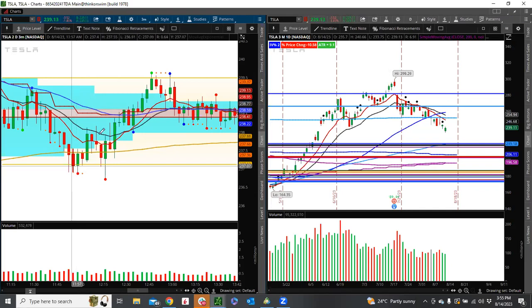But then look at the double bottom, and then you look at the volume, right? Come down here and look at the volume. Nothing stands out. Nothing jumps out at you on the volume. But then you get a double bottom, and then look at the hammer. Look at that candle. It's hammer-ish. Again, it's not a textbook hammer, but